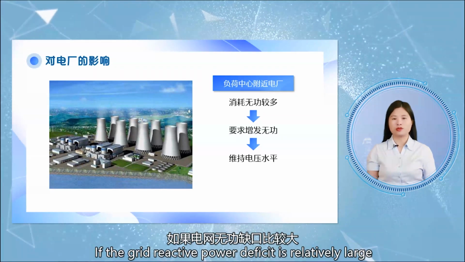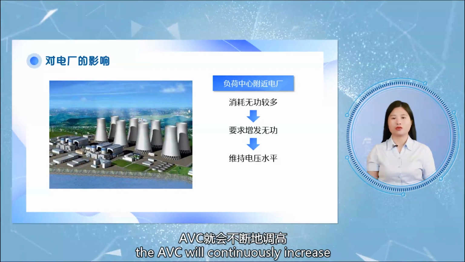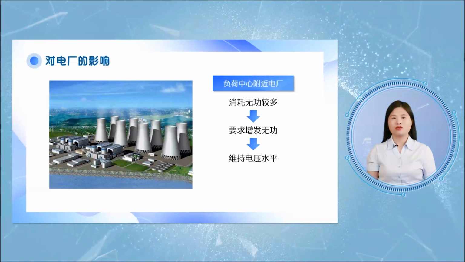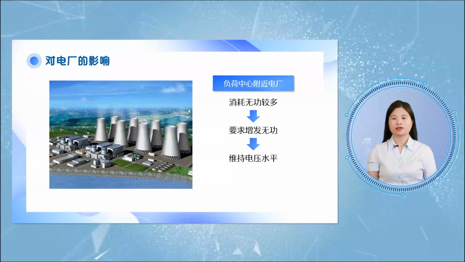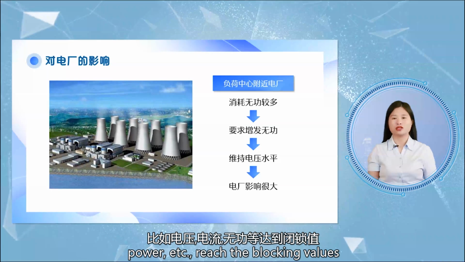If the grid reactive power deficit is relatively large, the AVC will continuously increase the reactive power output of these plants until the relevant parameters of the generating units, such as voltage, current, reactive power, etc., reach